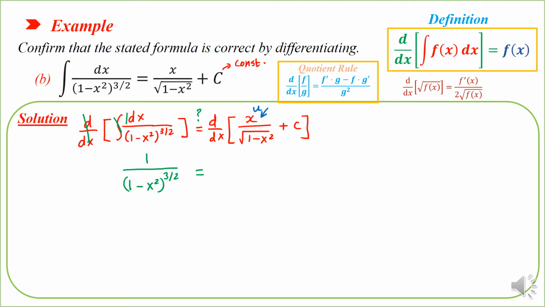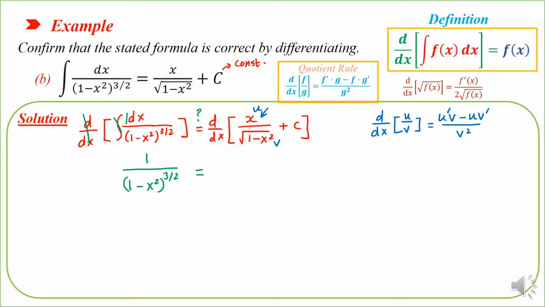So you have to put u here and v here, and as you know, the derivative of the rational function, the derivative of u over v, equals u prime v minus u v prime over v squared. So by applying the quotient rule, what you will get